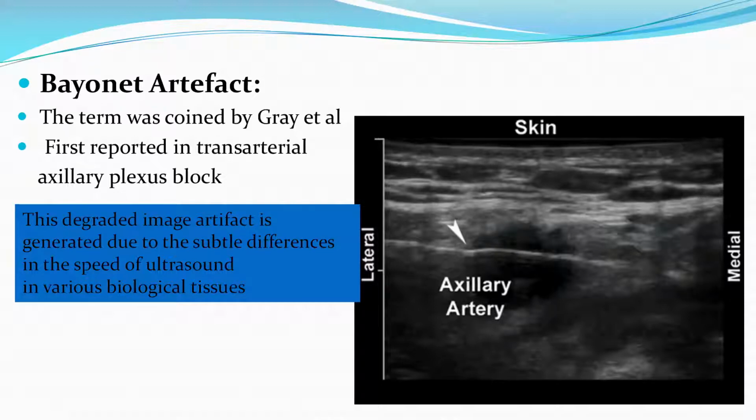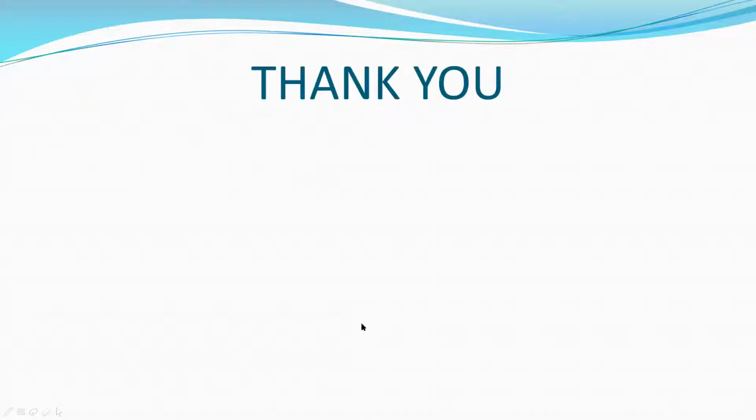So when the needle passes through different tissues, there will be different speeds, and according to that speed, the distance traveled will differ. According to that, the image will be projected in the ultrasound image. So the needle may appear bent when it travels from one tissue to another tissue. That's all. Now I'll be handing over to Ankita.